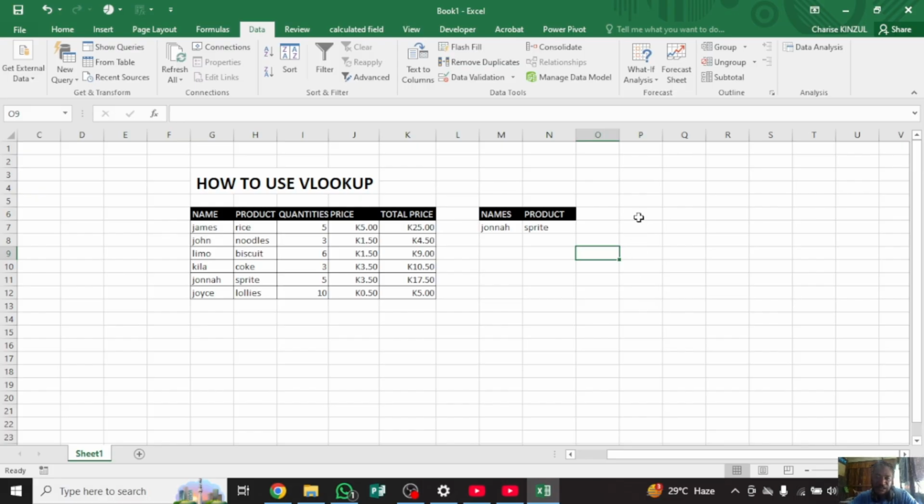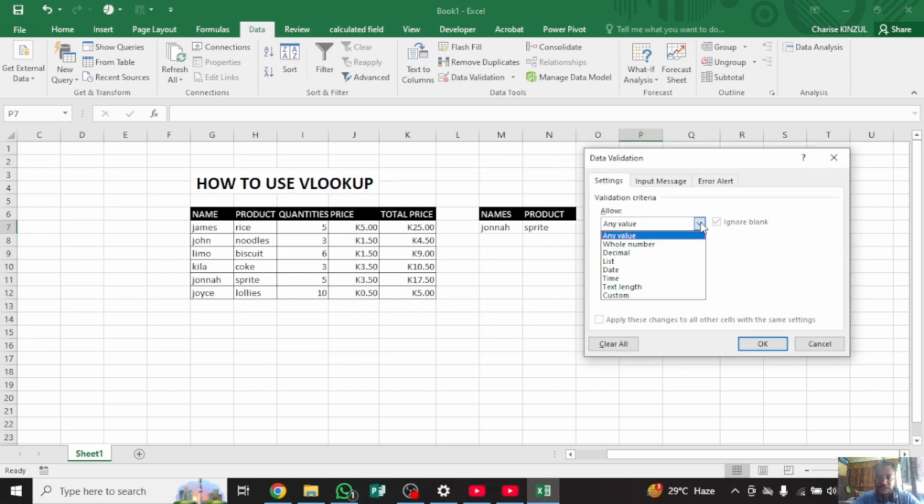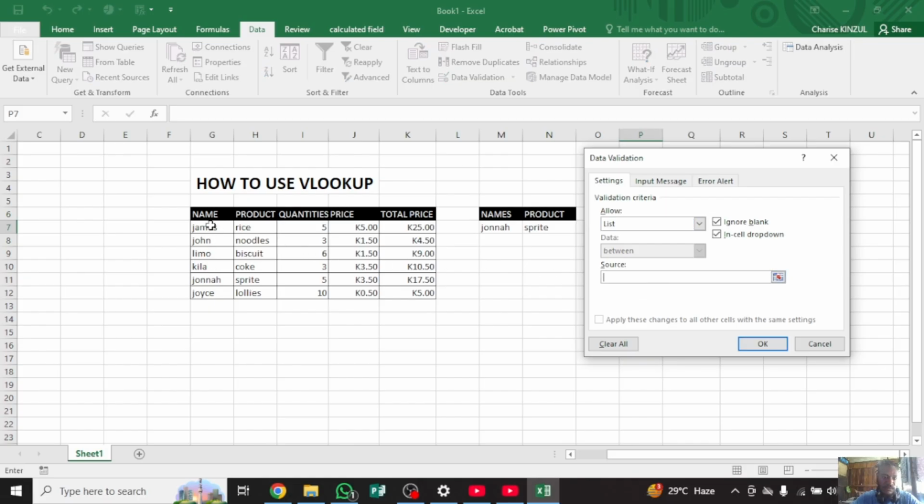So let me show you another one here. So we're going to find that. So that's a name. Names. Total price. We're going to use data validation again. It's already in the data tab. Data validation. Select list. Just the same steps as earlier. Our source should be